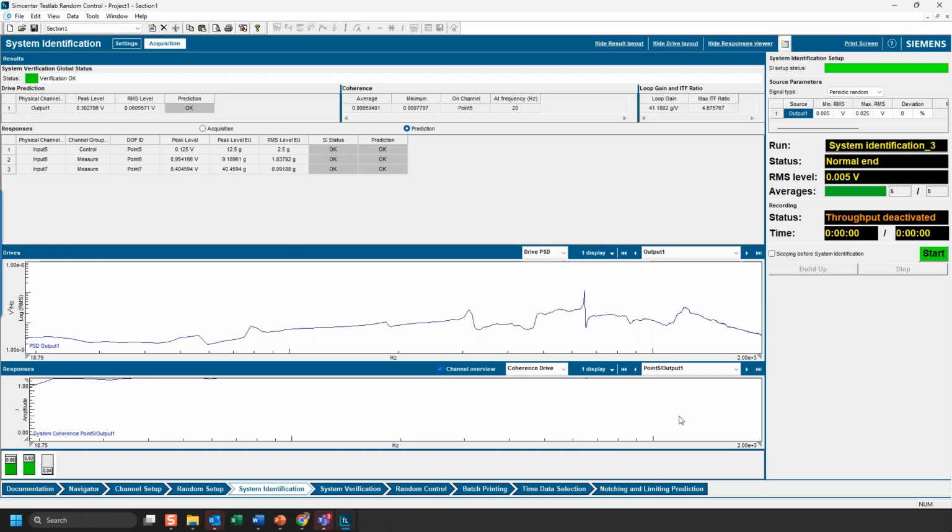Is your accelerometer loose or something? Or you can see, for example, here, my accelerometer at 0.7, which is at the end of this cantilever test fixture, you see there's a roll-off in coherence. Now, if you saw that on the drive coherence, you'd have to do some checking. But our drive coherence is great. And as expected, our coherence level at some of these measurement points is not as great. But that's okay, because these go into resonance, so we would expect that to not be like the drive signal.